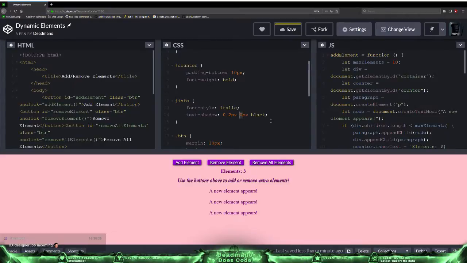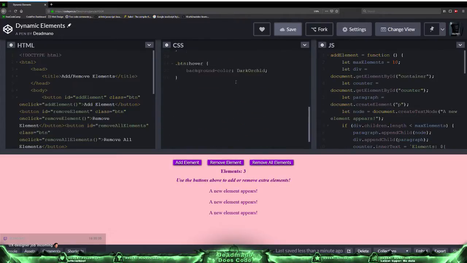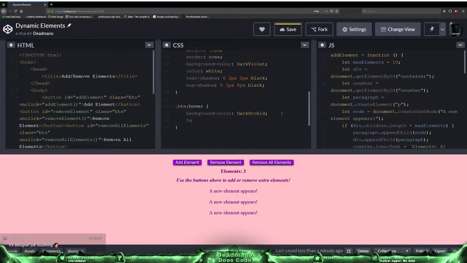Ah, too much. UX designer job incoming. Don't like it. You know what we can do? Font weight bold. Boom. Done. Nailed it. And then just to get that effect, you need to do text